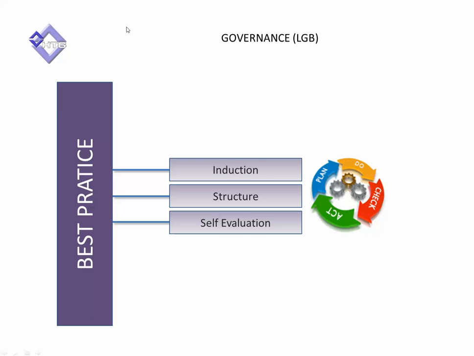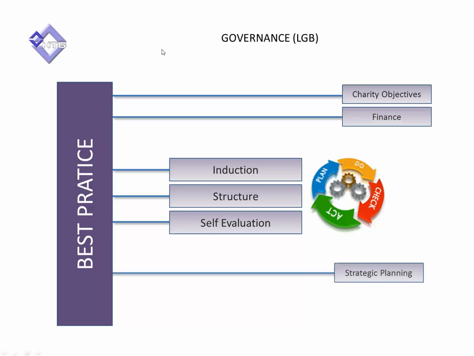Best practice: clearly best practice is what we want to adhere to and have standardisation across the academies which we work with. We can improve and develop as we expand. We need induction, the structure of the governing bodies and the self-evaluation of the local governing bodies to be in line with every other site that we work with. And again, best practice, as an integral part, needs to take on board the charitable objectives, the finance, strategic planning, and to understand the reputation of the Academy and the Trust at all times.